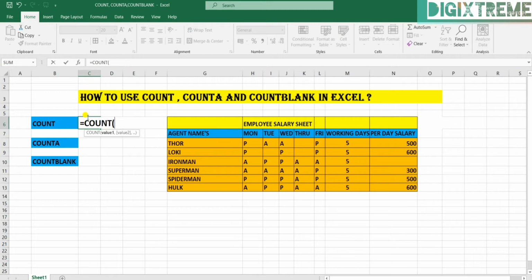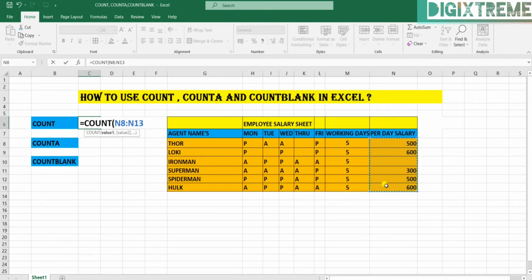Now press tab, it will open the bracket. Now it is asking to select a range. So let me count here. I have selected this per day salary by pressing the left key of the mouse and dragging down.